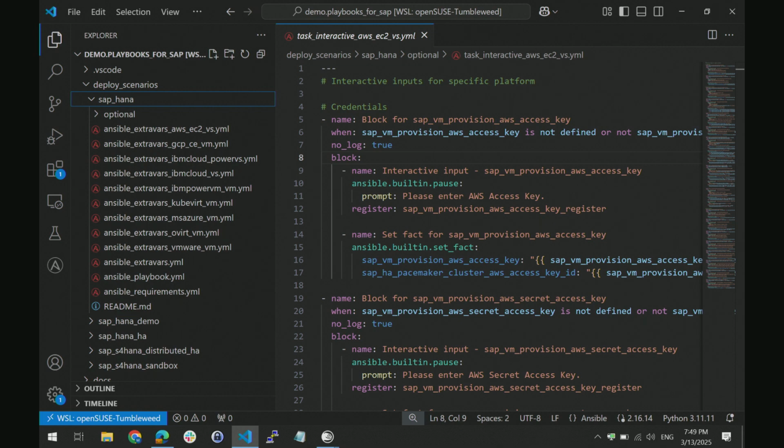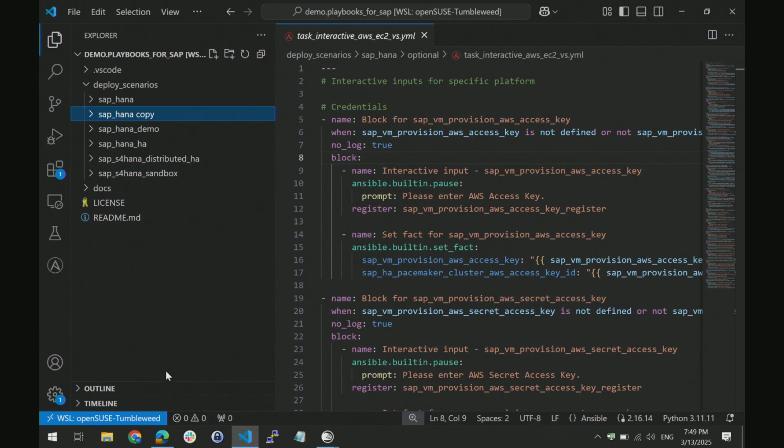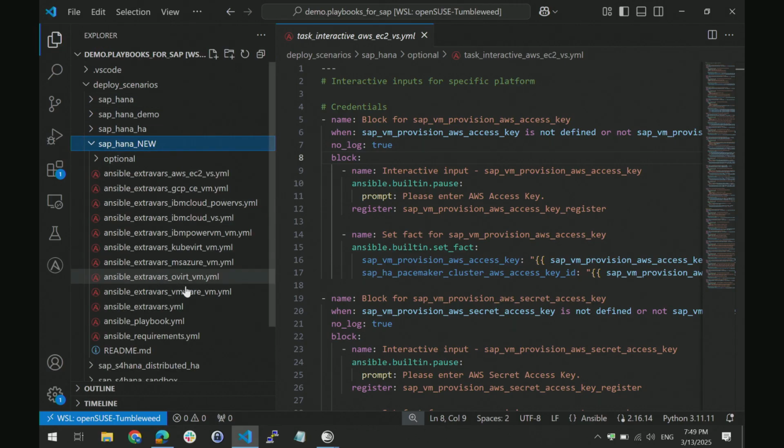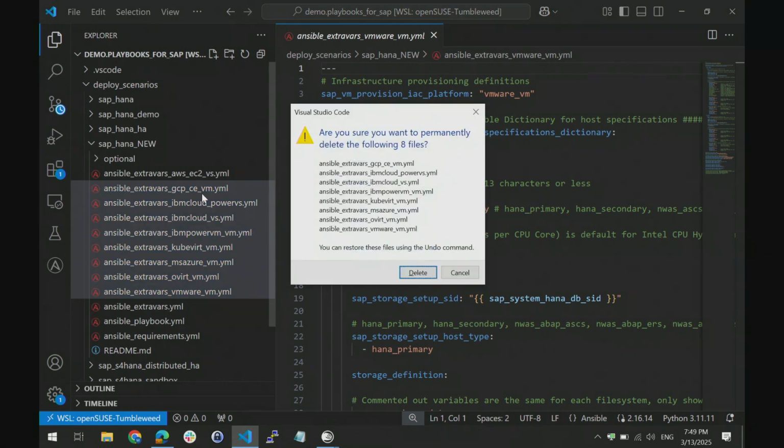Because before, we had files with thousands of lines, and it's not possible to update that. And I just gave up because it was too much for me. So currently, it's all pick and choose. So you can go and say, OK, I want to build SAP HANA. You just copy it, right? So that's my system. I'm building in AWS, so I don't care about the rest. I get rid of it.